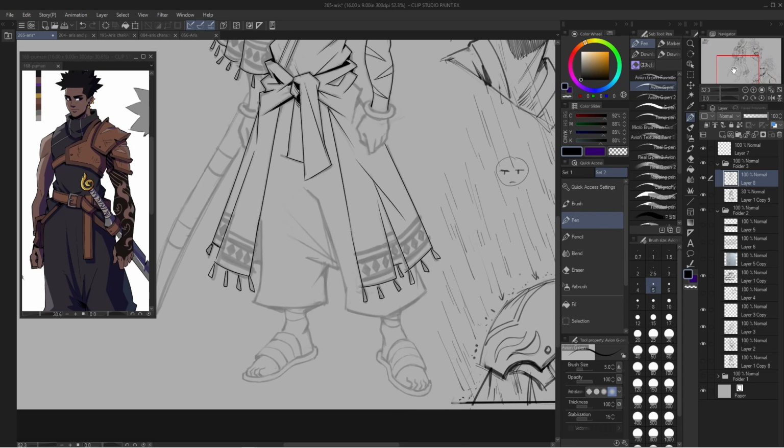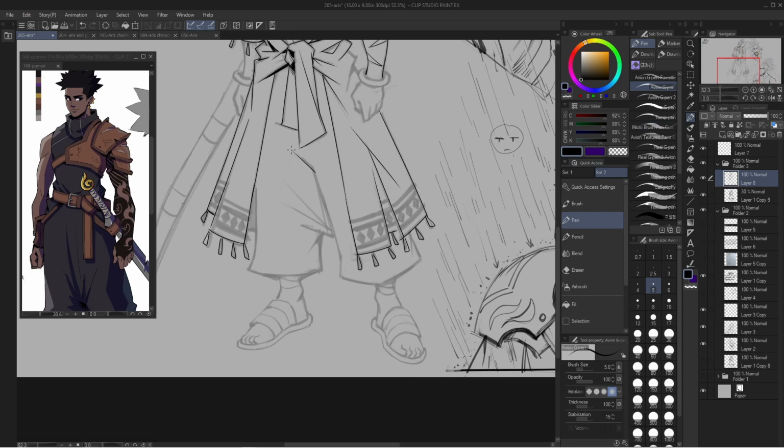I will add the pattern in the cloth after the initial line art. That's one cool thing about digital art, is you can use layers. And that's probably why I had such a hard time painting in gouache for the first time. I'm so used to using layers digitally. It's hard to think of how to layer paint